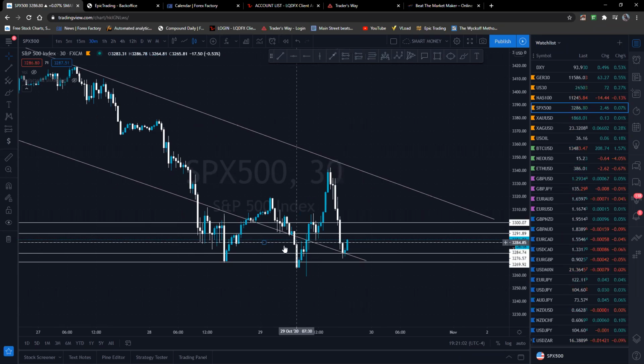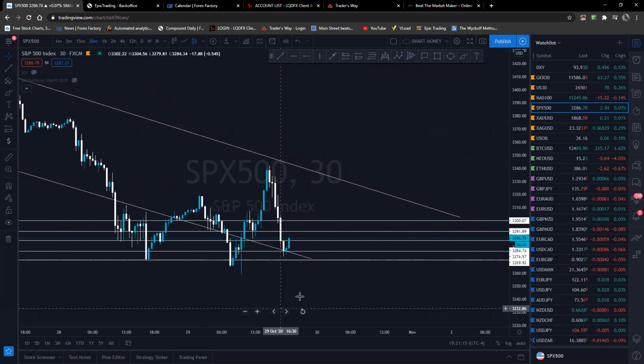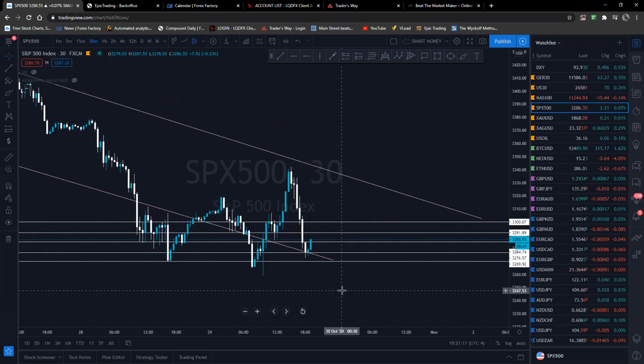Price kind of reacted here, and then it respected each line, pulling back. That's what pullback means, you guys. You get to your line and it pulls back in the next direction, or does a reversal. So it's either a reversal or, exactly, a pullback in trading terms. So obviously, in the 30 minute, there's not a whole lot that I see here that